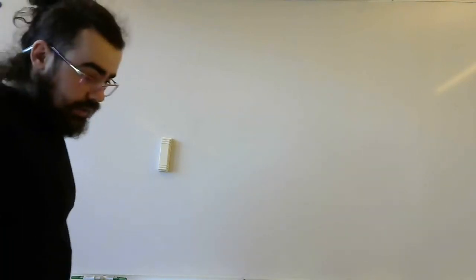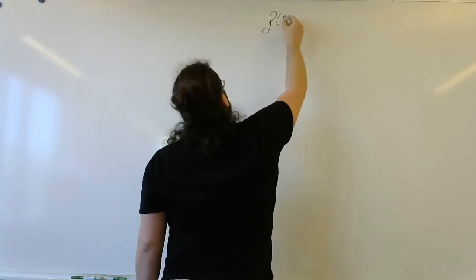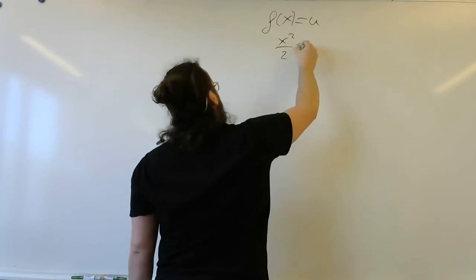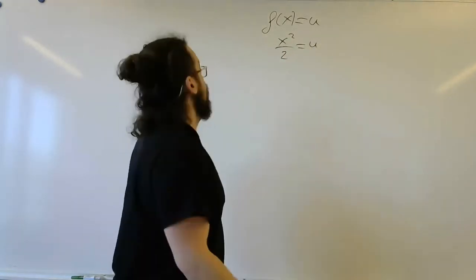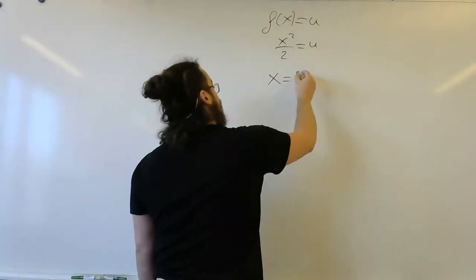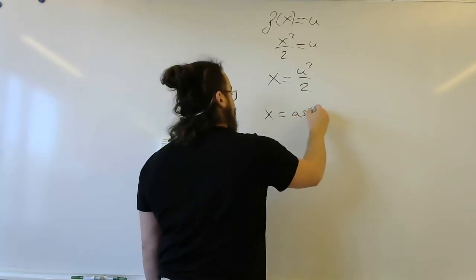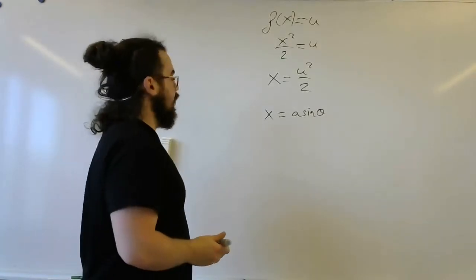Okay. So the idea is that in a regular change of variable, you do something like f of x equal u, for example, x squared over 2 equals u. And that's a direct substitution. But at some point, you can do things like, I don't know, x equals u squared over 2, or maybe x equal a sine theta. We have already done this stuff many times, so it will be